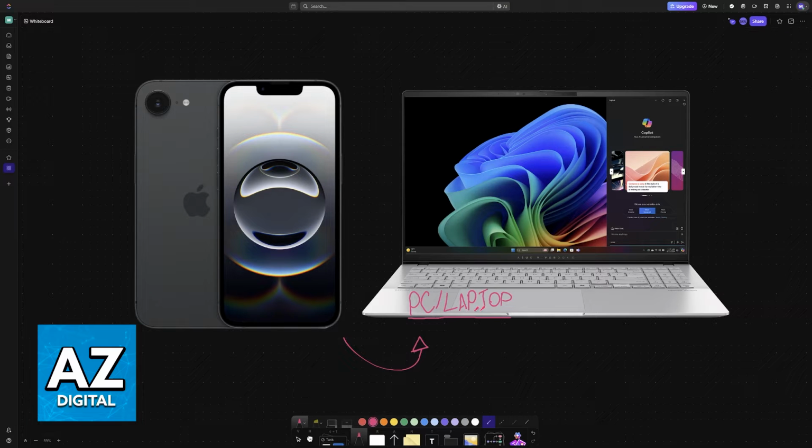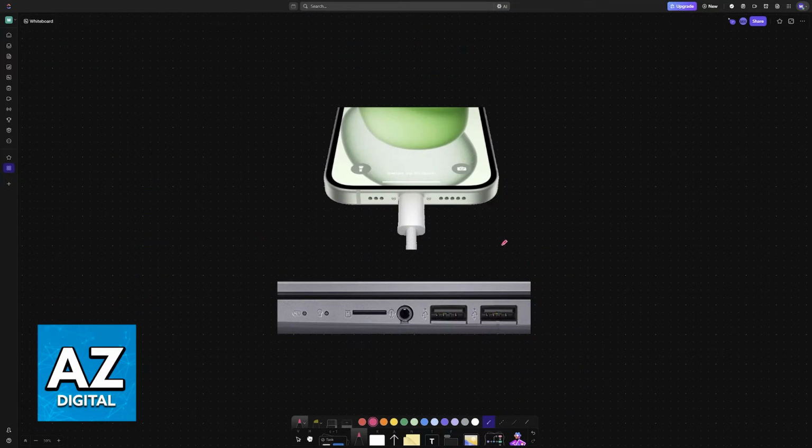iPhone, and so on. To get this transfer done, it is going to depend on what you had available before your iPhone broke down. So it's all going to depend if you either had iCloud set up or if you previously connected the iPhone to the PC or laptop. If you have previously connected the iPhone to the PC or laptop while you will be doing this transfer, or if you can still sort of use the touchscreen on the broken iPhone, then what you can do is plug a USB cable into the iPhone and then the other end into the PC or laptop.